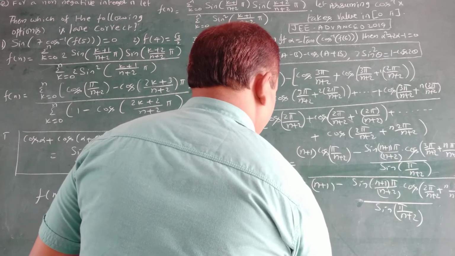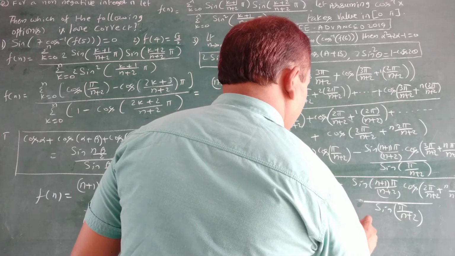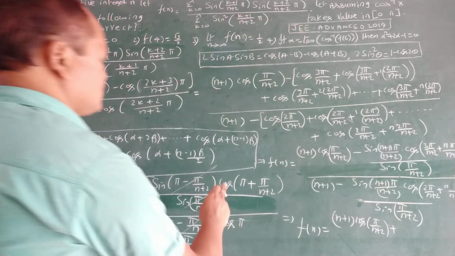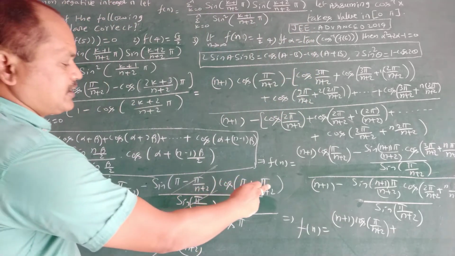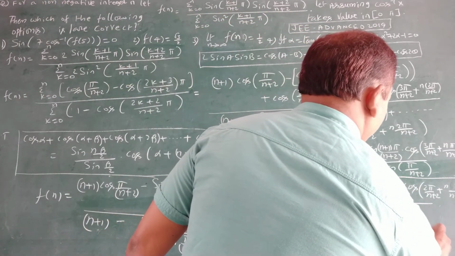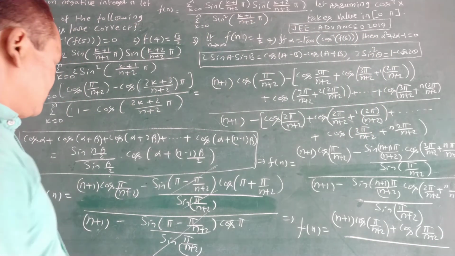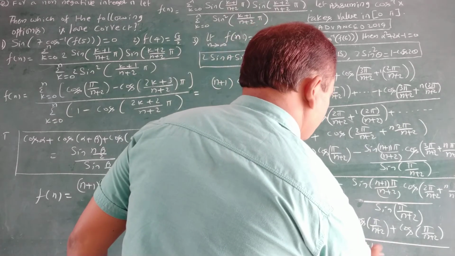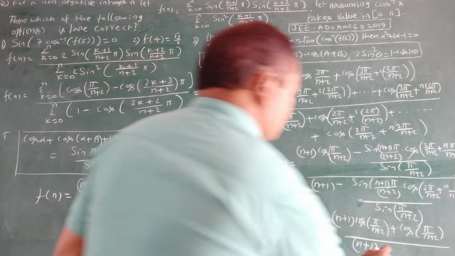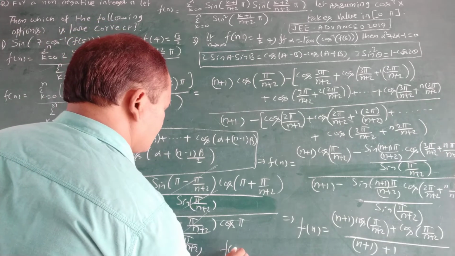f of n is equal to, in the numerator n plus 1 cos pi by n plus 2 plus, since here it is cos 180 plus theta, minus plus cos pi by n plus 2, whole by, in the denominator, what is the denominator? N plus 1. Again here it is cos pi is minus 1, so minus plus, that's why it is plus 1. Now so finally we get f of n is equal to